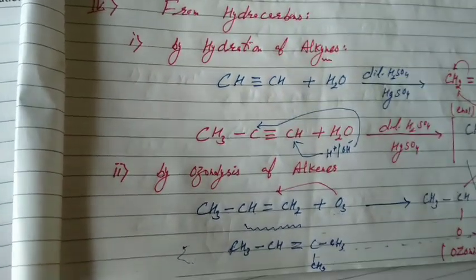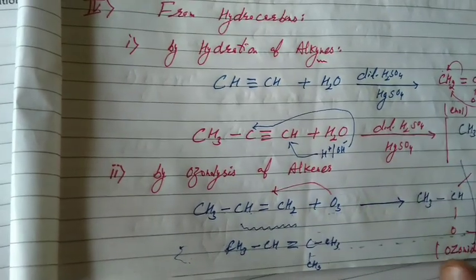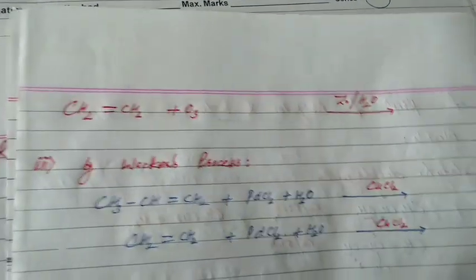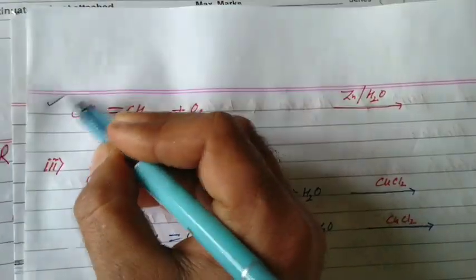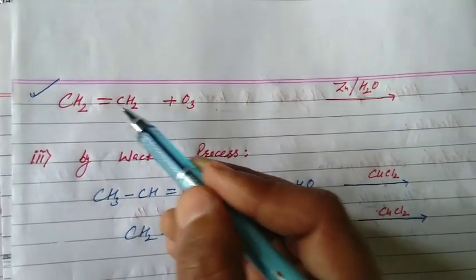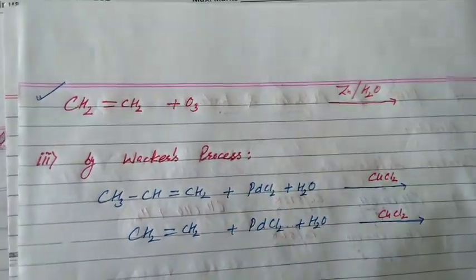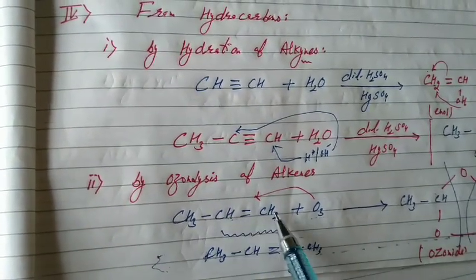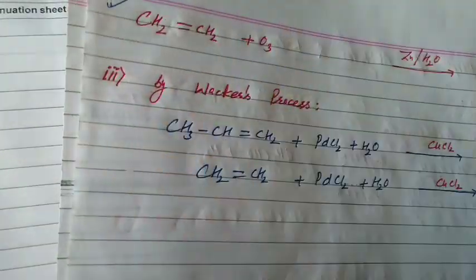The ozonolysis reaction, the reaction of ozone with an unsaturated compound, proceeds in two steps. I hope the concept is clear. Next, students, do this with the alkene ethene. Same, it is clear we get CH2O plus CH2O. If it is a symmetrical alkene, the products of ozonolysis are the same. If it is unsymmetrical, they are different, like CH3CHO plus CH2O. In this case it is symmetrical, so we definitely get CH2O and CH2O.